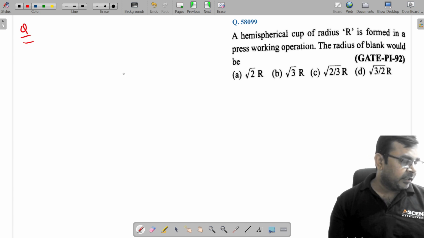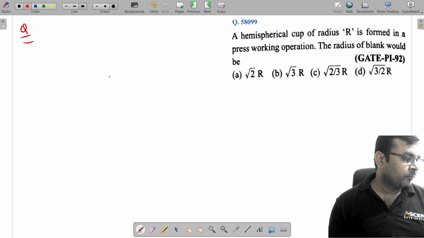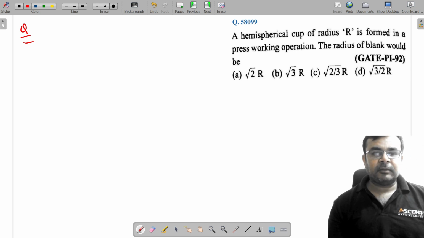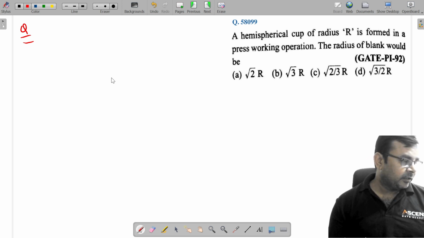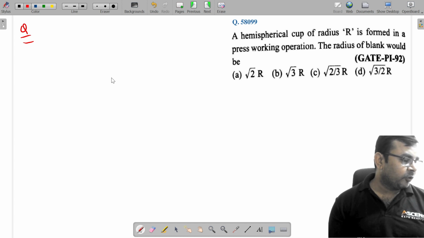A hemispherical cup of radius r is formed in a press working operation. The radius of the blank would be. So you can see these types of question you need to remember, because